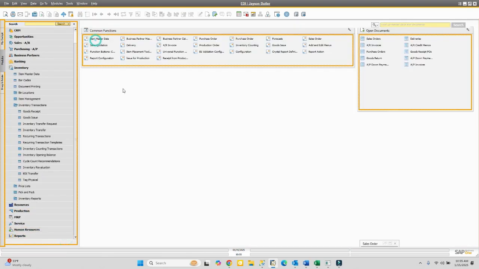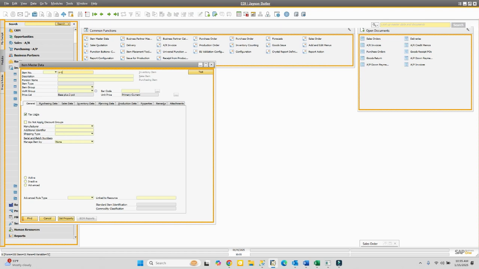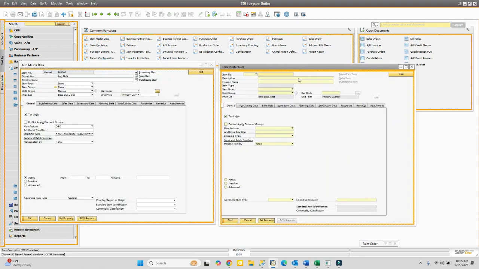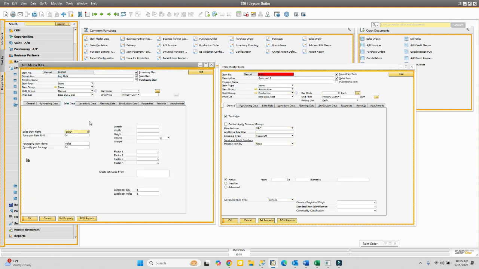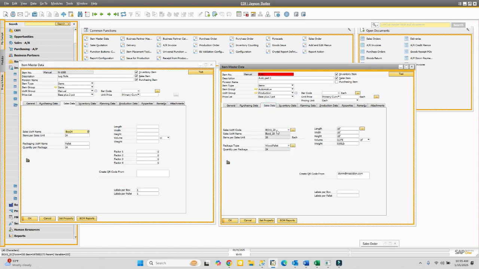We're going to look at the part N1000, and I'm going to look at a part called Auto 1 as well. Okay, so let's look at the sales data here. This tells me that I'm selling it by the box, and there's 24 boxes on a pallet. This part right in here, I'm selling it by the box with 20 pieces in a box, and it's a wood pallet. You can see, though, that the structure of this is a little bit different than the structure of